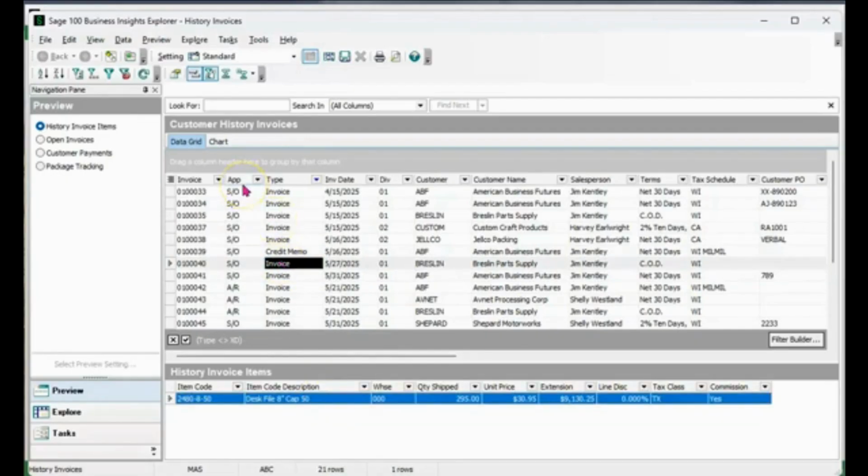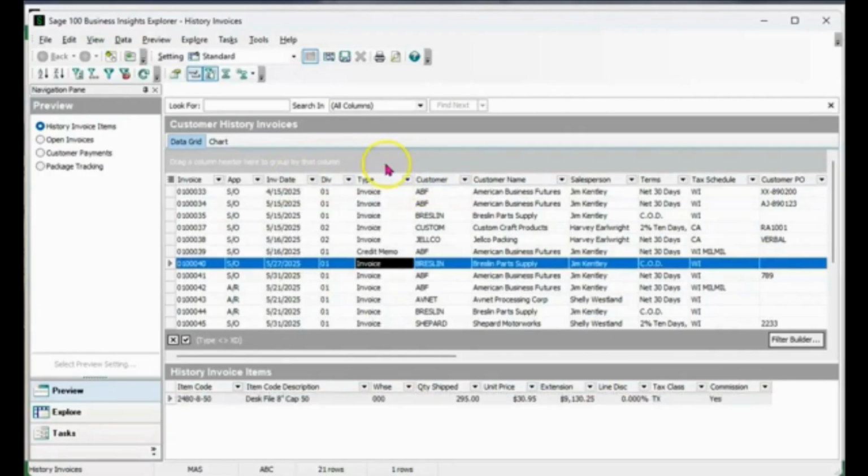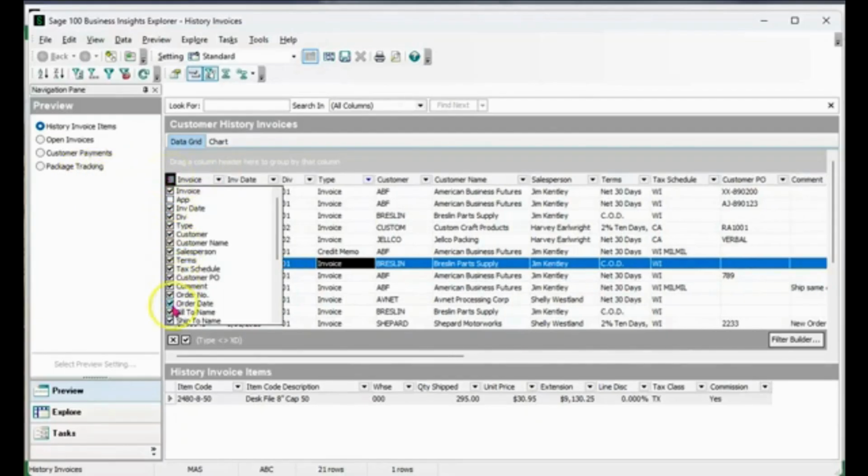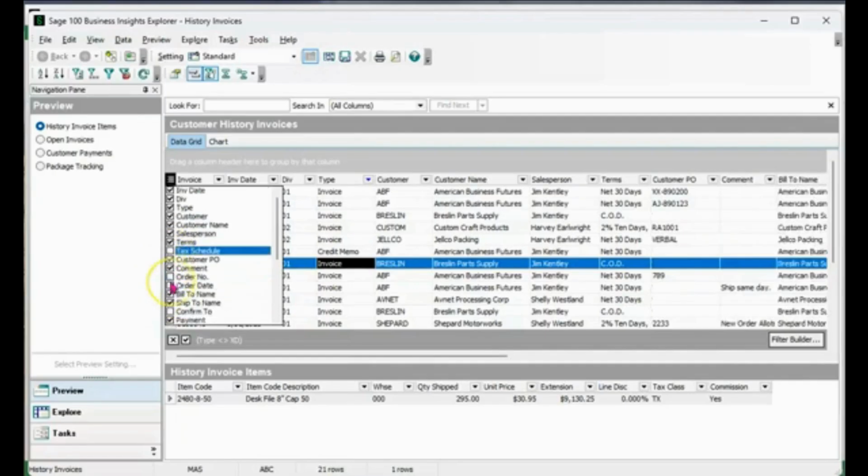One of the best pieces of managing this is being able to move the data fields around. So you can have them however you'd like. You can move these gradually across to a different spot. You can actually remove them completely if you don't need them. Just pull them off to the side. Or you can use this little grid tool and uncheck the different fields that you really don't need to have displaying so that you can tidy it up till it's got only the information on it that you're looking for.